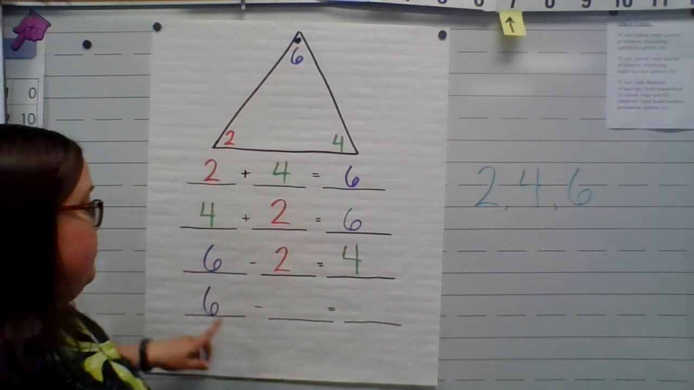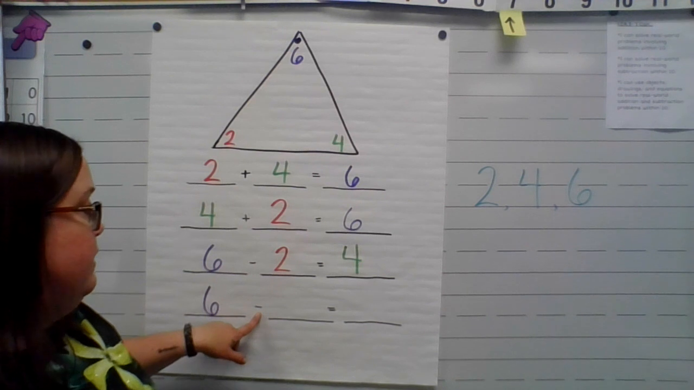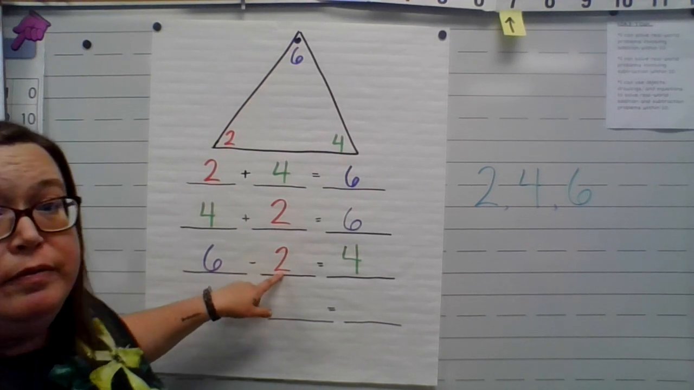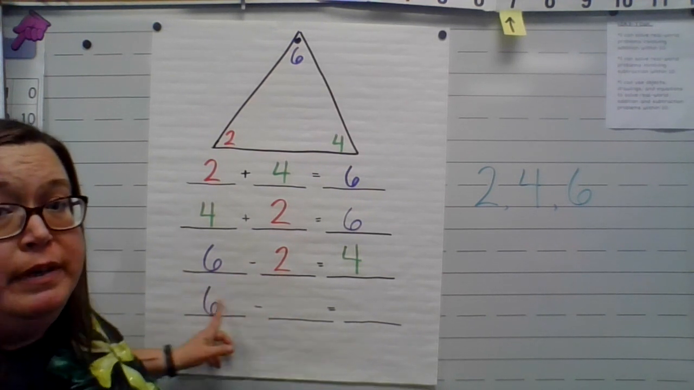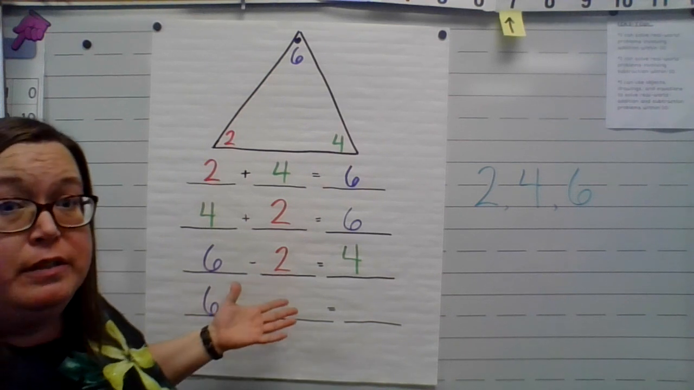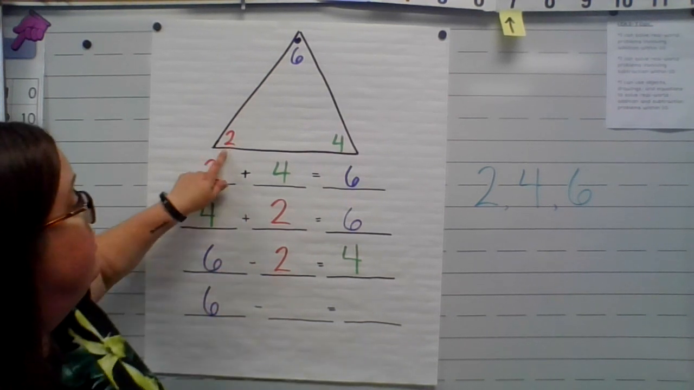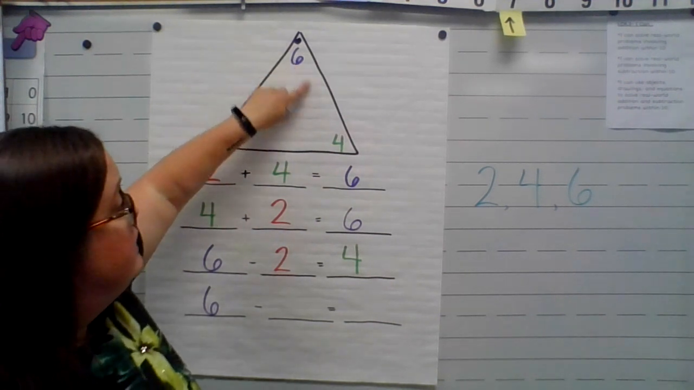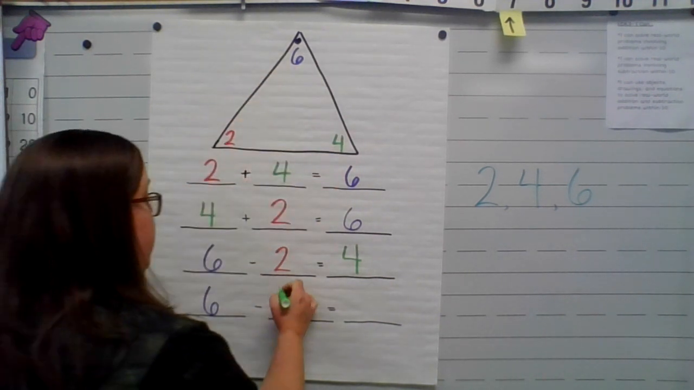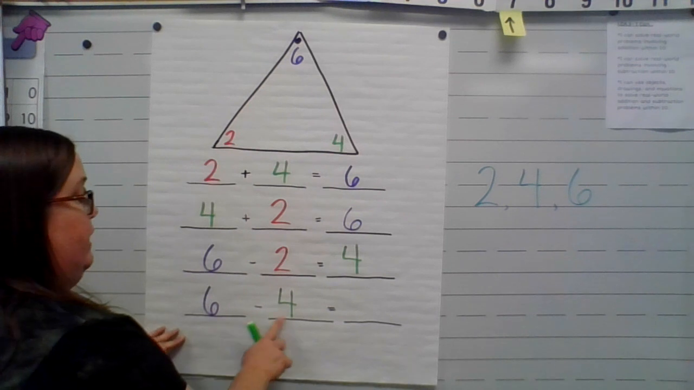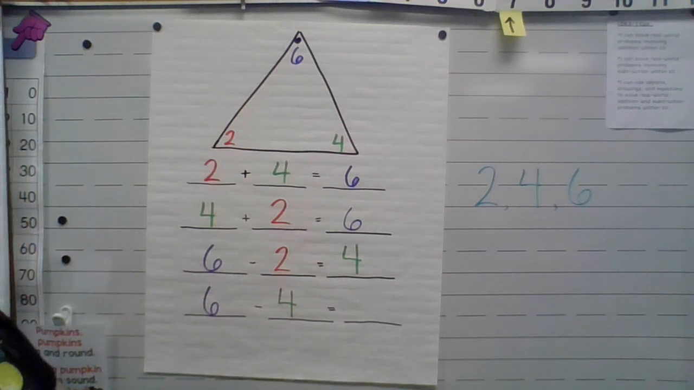Excuse me, 6 minus, well, we can't use 2 next because that would be the same. And we need 2 different subtraction problems. So we can't have 6 minus 2. So we'll have to use, instead of 6 minus 2, we'll have to use 6 minus 4. Okay? 6 minus 4 equals, well,